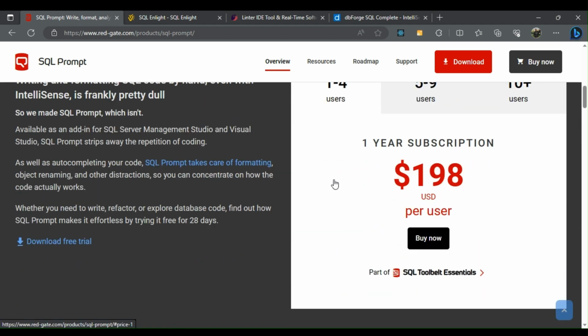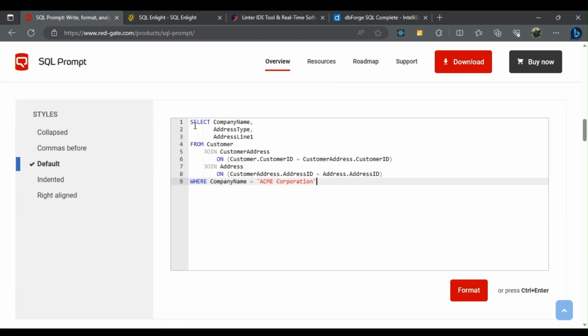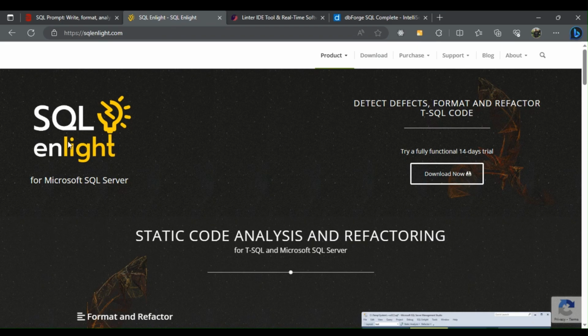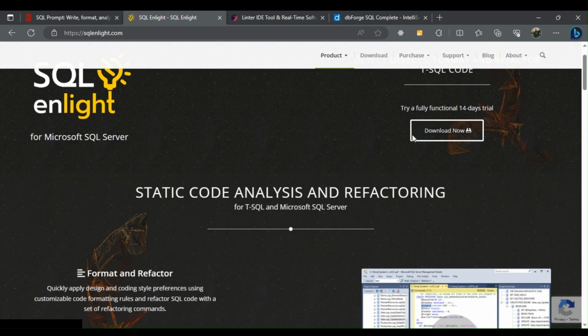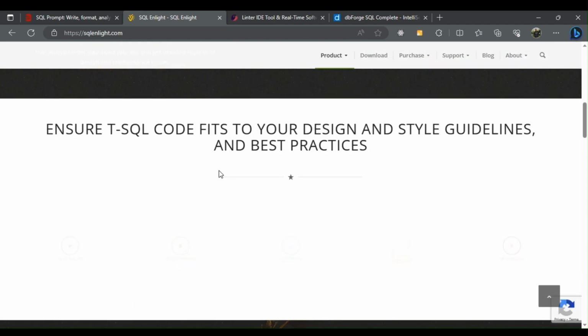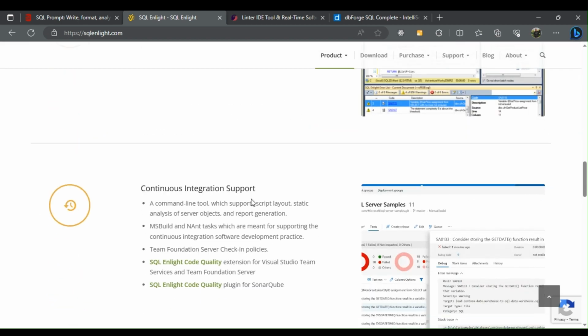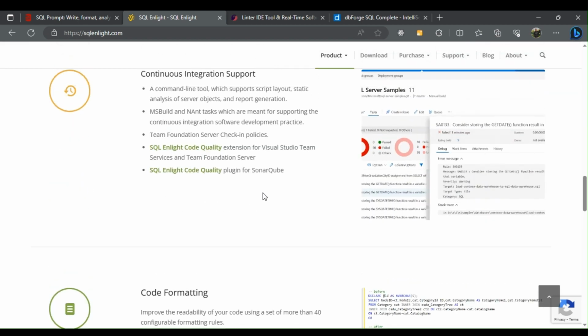It can help you to write, format, analyze, and refactor SQL code more efficiently. 2. SQLite. SQLite is a static code analysis and refactoring tool for SQL Server. It helps developers improve their SQL code quality by detecting potential problems, such as design flaws, performance bottlenecks, and security